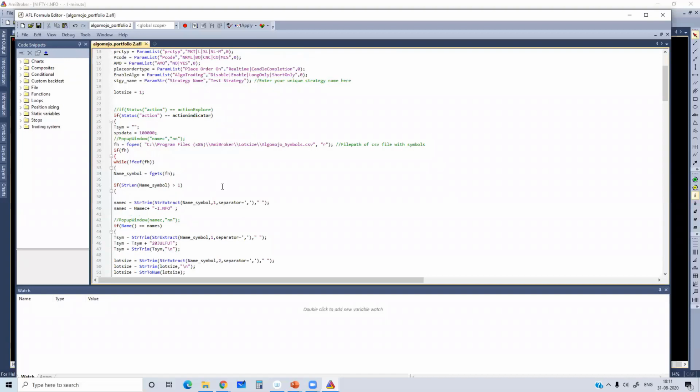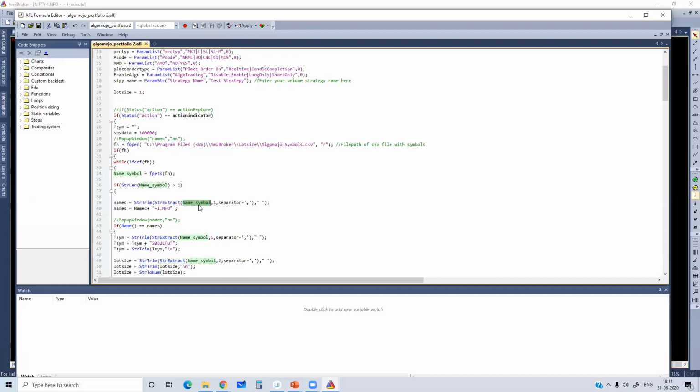So now, what I'm trying to do is extract the first column. The 0th column contains the underlying. The first column contains the symbol, and the second column contains the lot size. So I'm extracting the first column using the separator. I'm using str extract and then separating the name underscore symbol.